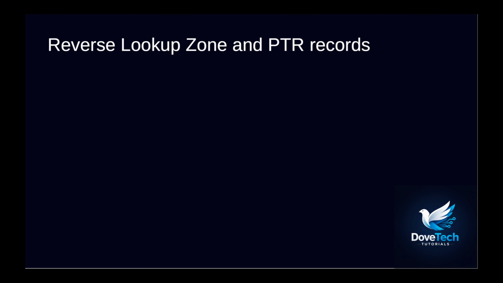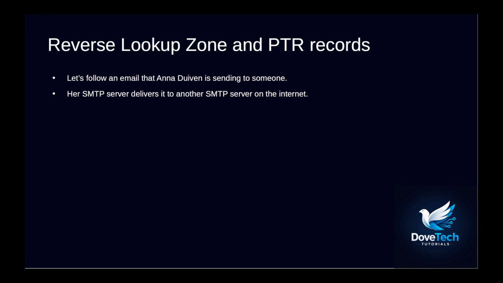With our forward lookup zone in place, there is one more DNS component worth configuring before we move on. Let me tell you about reverse lookup zones, and to make it concrete, we are going to follow an email. Imagine Anna Duiven hits send on an email to an external contact. Her mail server delivers it to the recipient's mail server somewhere on the internet. But the receiving mail server does not just accept the connection blindly. Before letting anything through, it wants to verify that the server knocking on its door is who it claims to